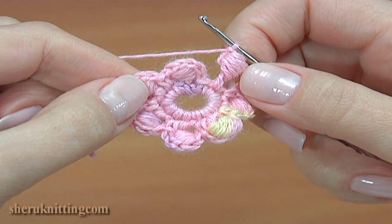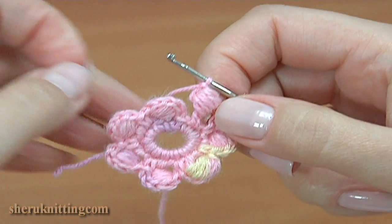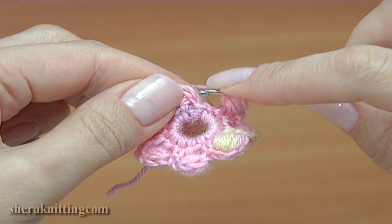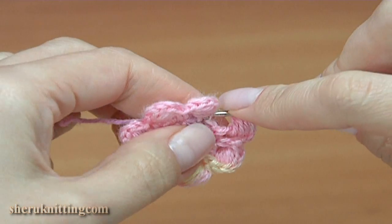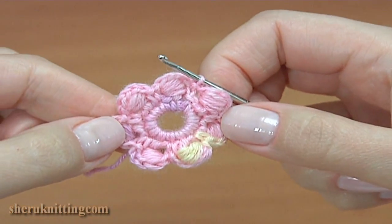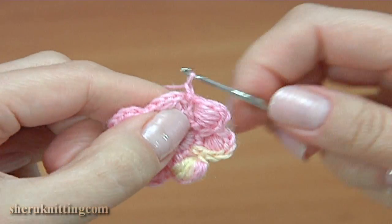I'm about to complete this round. I have done the last stitch. Work a slip stitch into the chain stitch at the beginning of this round. Round is ready. Chain to bring up the yarn,